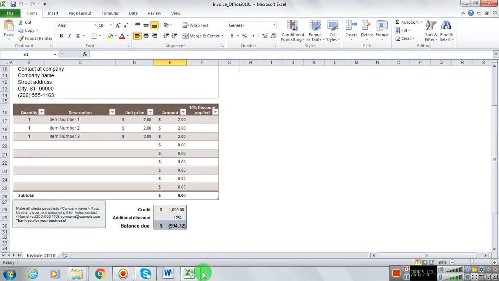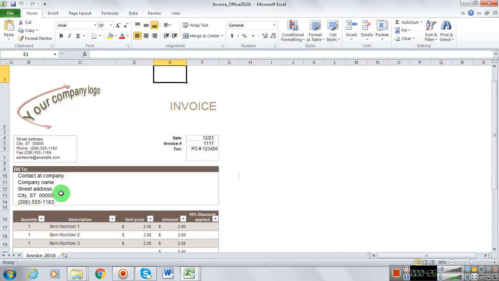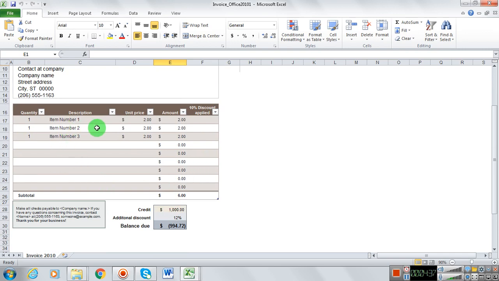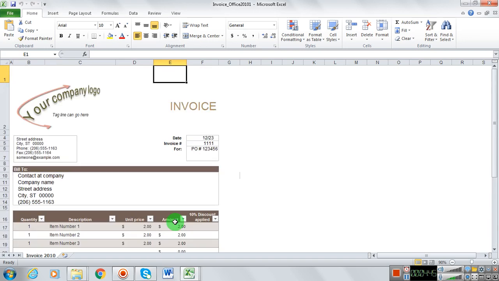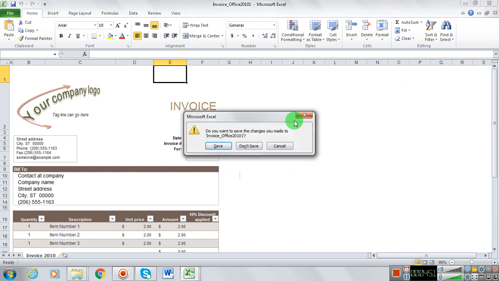So we're looking for sales invoice, and basically set up your logo here, your addresses, bill to for your customer, invoices, the date, the invoice number, the date, and PO if there's a PO, item numbers, and the unit number, the amount, and if it's discounts, you can change for the taxes. All this stuff is preset. You can change figures and amounts and names. All that stuff's up to you. So basically, that's how